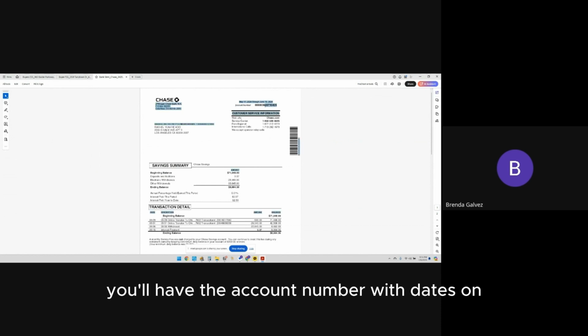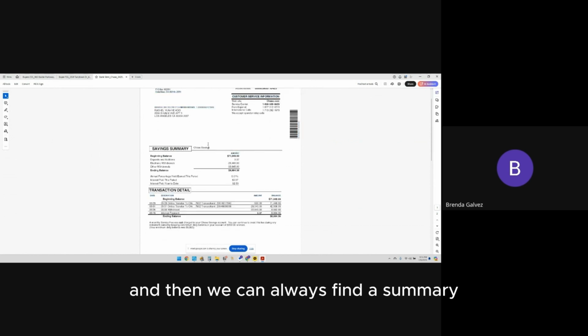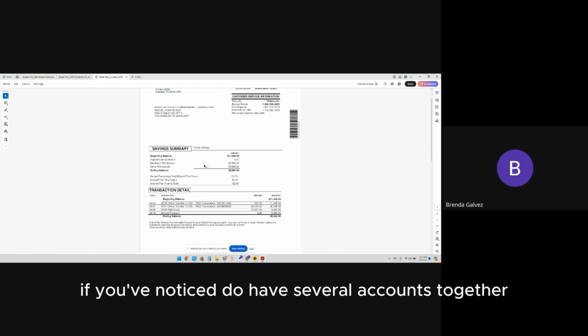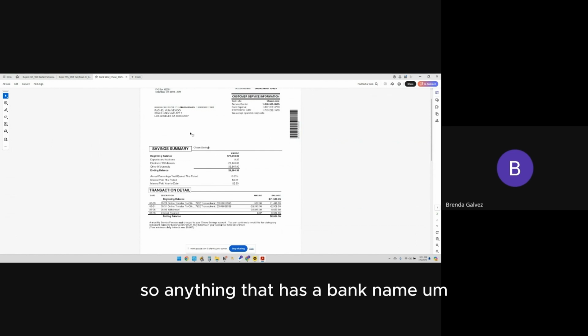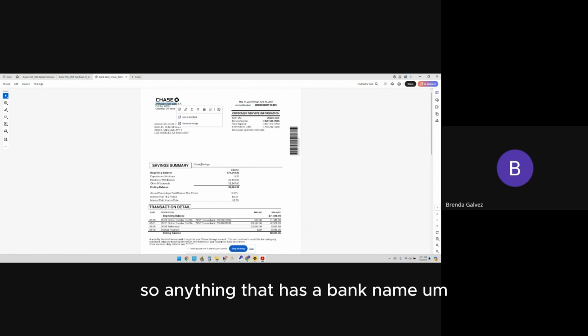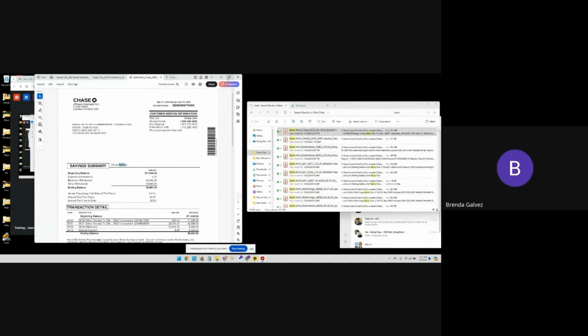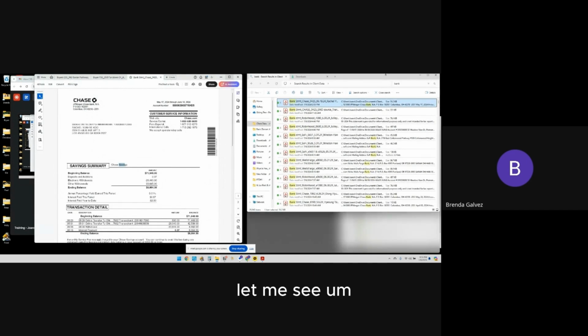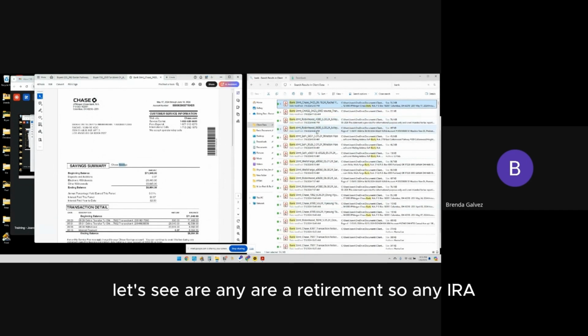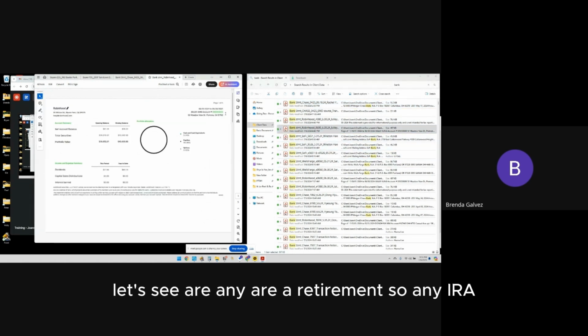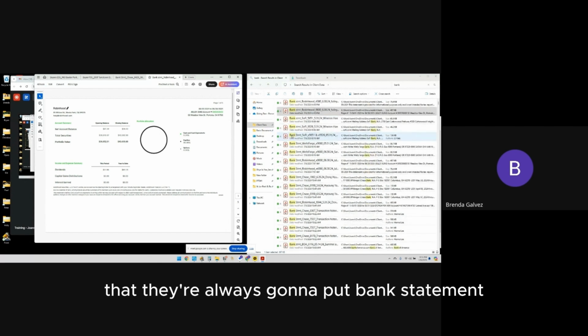You'll have the account number with dates usually at the top, and then we can always find a summary. Some accounts, if you've noticed, do have several accounts together. So anything that has a bank name, if you see savings or checking, or any retirement, any IRA, any of these, you're always going to put bank statement, the bank name, account number, dates,